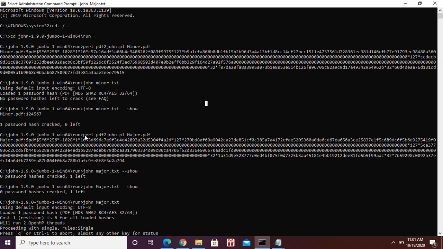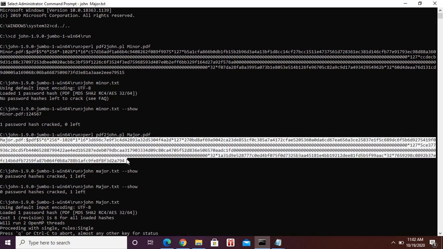You must type perl pdf2john.pl major.pdf. After you click enter, you can see the hash number for the major, the hash password for the major.